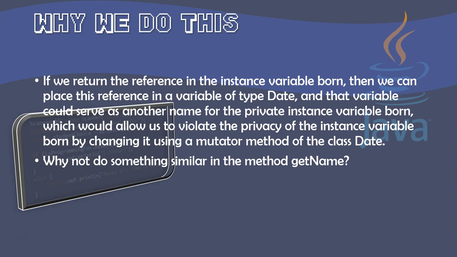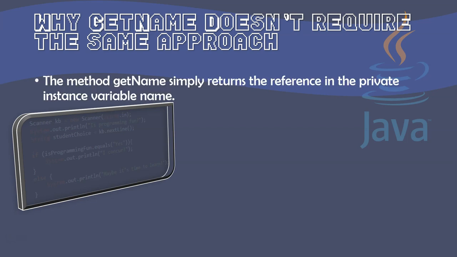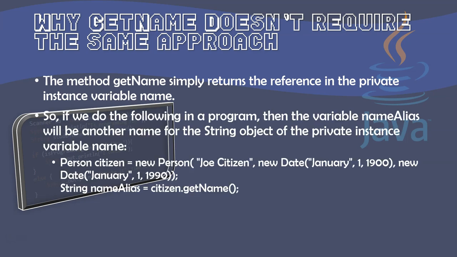So we ask, why not do something similar in the method getName? Why doesn't it require that same approach? Well, the reason is the method getName simply returns a reference to the private instance variable name. So if we did the following in a program, then the variable nameAlias will be another name for the String object of the private instance variable name. Person citizen = new Person("Joe Citizen", new Date("January 1, 1900"), new Date("January 1, 1990")); String nameAlias = citizen.getName();